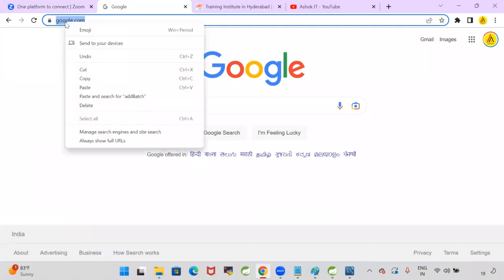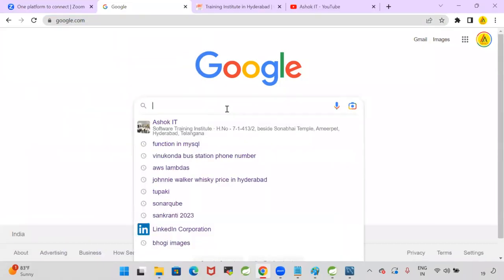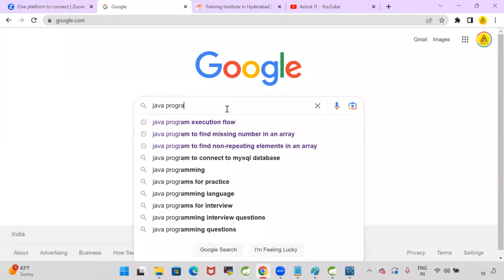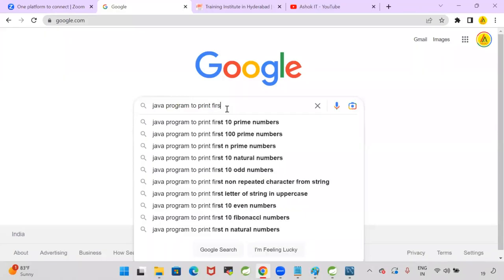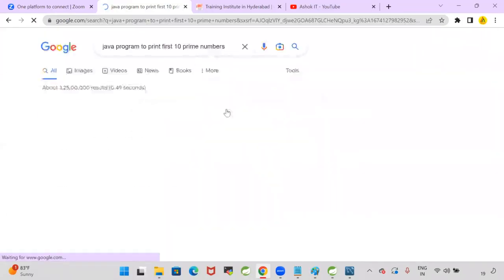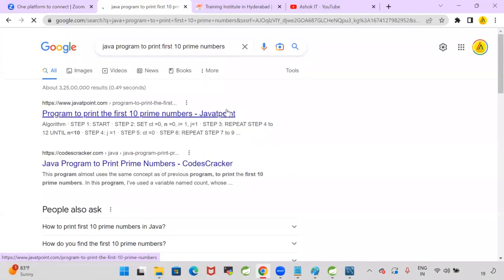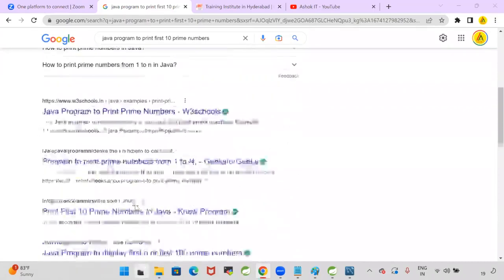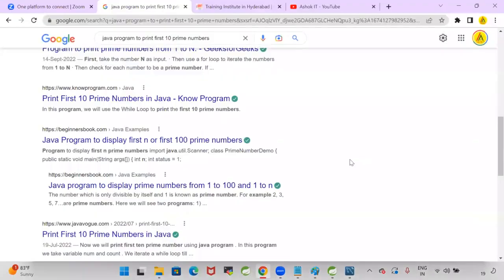Suppose: write a Java program to print first 10 prime numbers. Okay, I gave one query to Google. What has Google done? Java T point, some links are available. Which link is giving the correct answer? We don't know. That we need to search, right? Instead of using Google for this